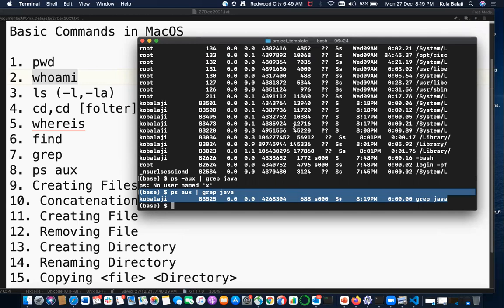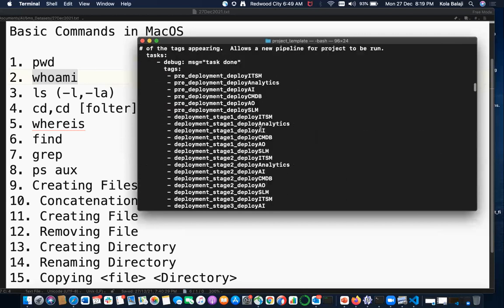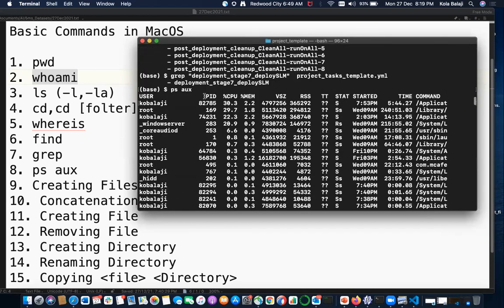If you want to kill this process, we just need the process PID. PID is nothing but a process ID. We can see it in the particular process. Let me show you. This is the PID, CPU, memory.